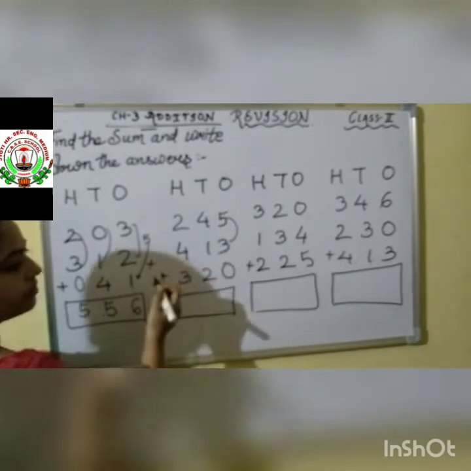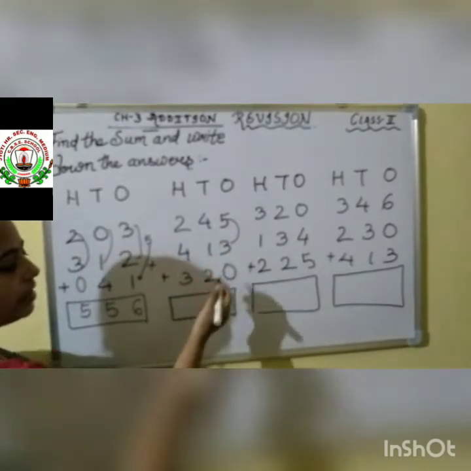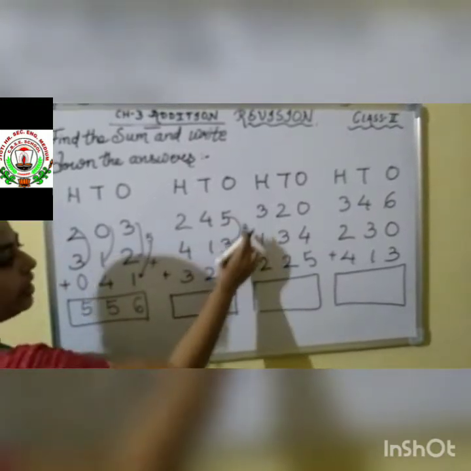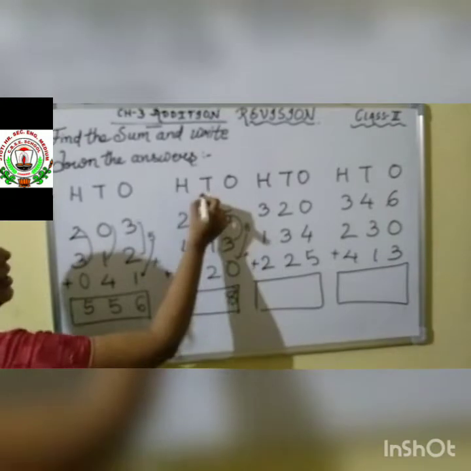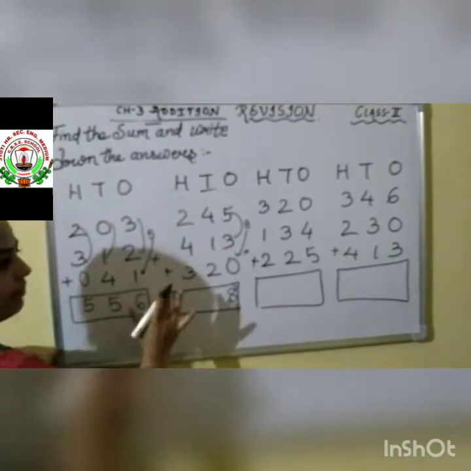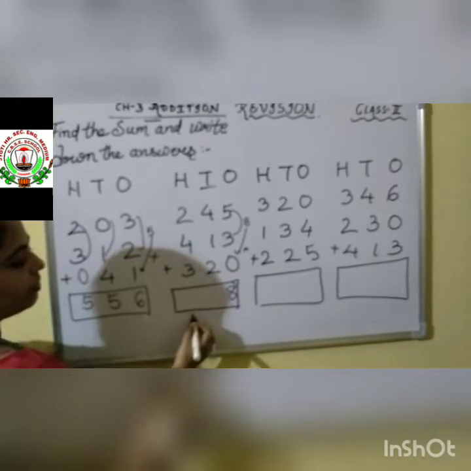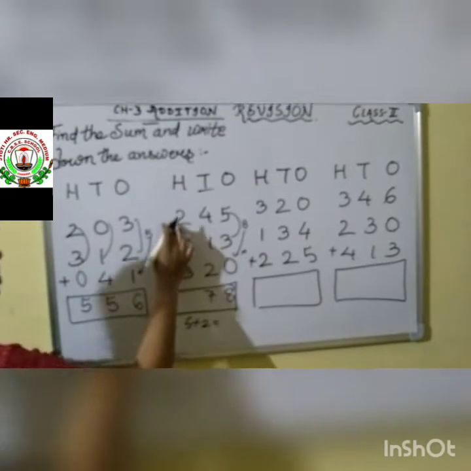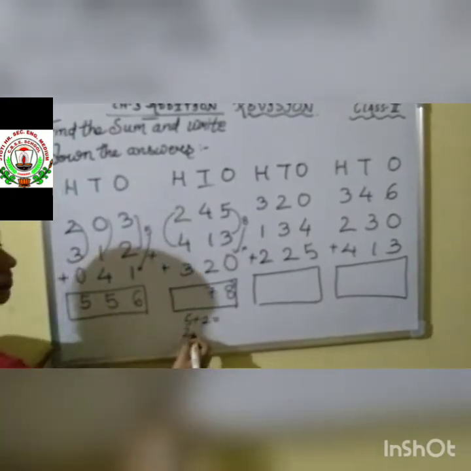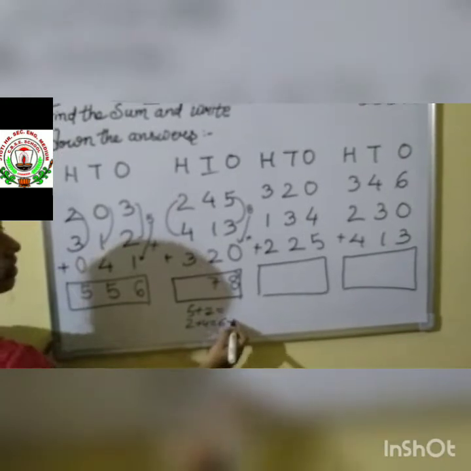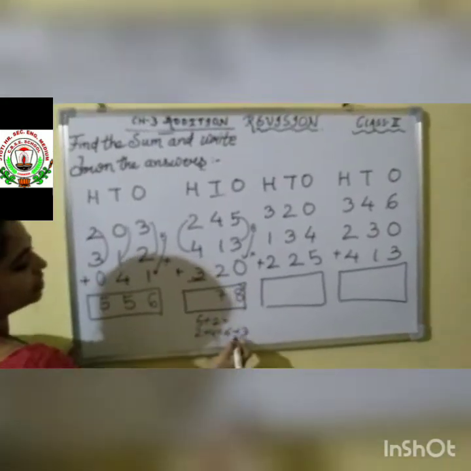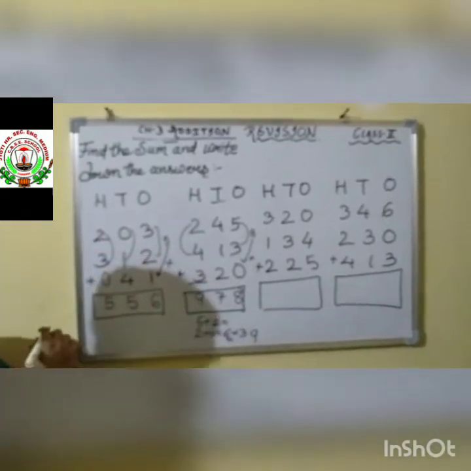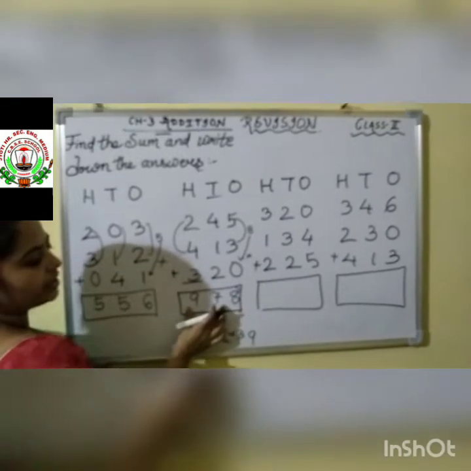Next question, let us see. 5 plus 3. Tell me, children, 8. Then this 8 we add with the next number given, 0. 8 plus 0, 8. Then tens place, 4 plus 1 is 5. Then 5 plus 2 is 7. Written. Then hundreds place, 2 plus 4, children, 6. Then we have the next number 3. 6 plus 3 is 9. This 9 we write here in the hundreds place like this. So our answer is 978.